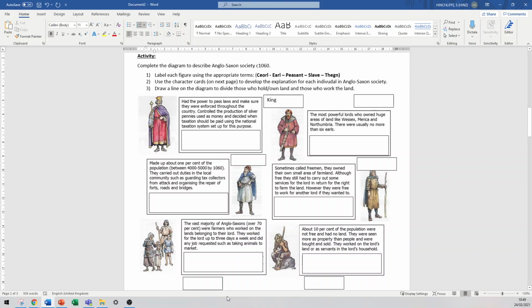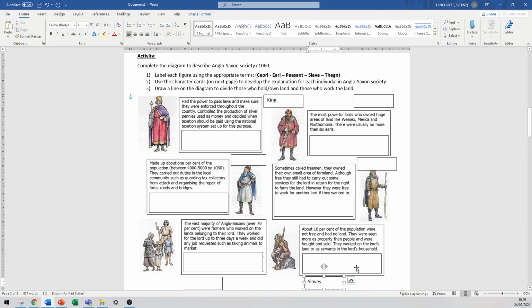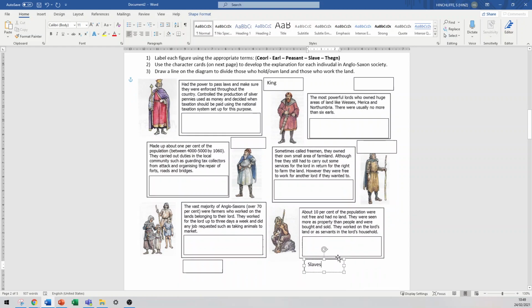Okay. So hopefully you've gone through. This is quite difficult. I can understand that, but I reckon some of you have probably been able to work out a few. You were probably able to identify that these people here are slaves. So the Anglo-Saxons did have slaves. Slavery did exist, and around 10% of the population, and the population was around 2 million at the time, so around 10% were slaves. The vast majority of people are farmers, work on the land. These are peasants. They work on the land of the Lord. So we've done slave,